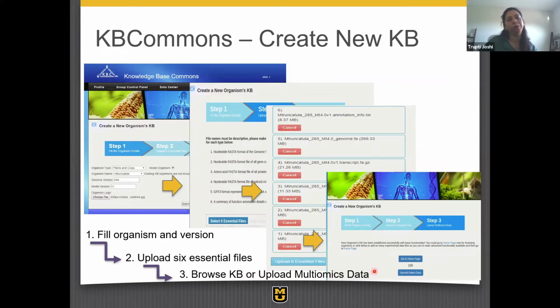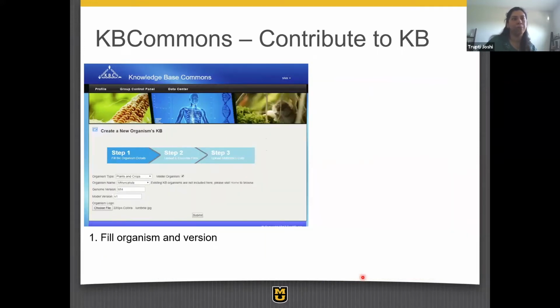So either you can go and browse that information, or you can go to the next step where you want to build and add more multi-omics data. So adding multi-omics data, again, you can either start with that earlier step or select an organism and version. And the version is important because a lot of the things like gene models or SNPs are going to be tied to a certain version of the genome sequence. So we always allow you to do that selection first.